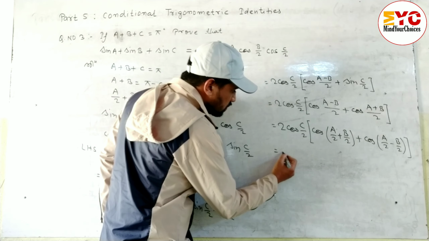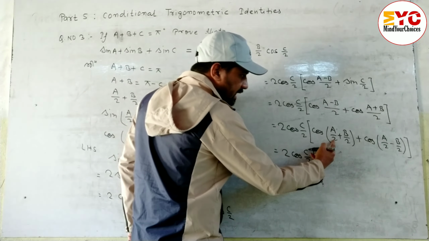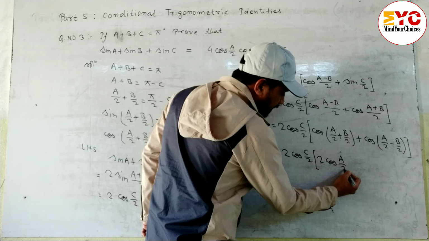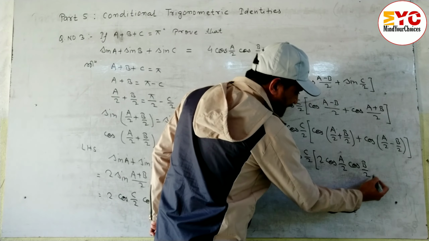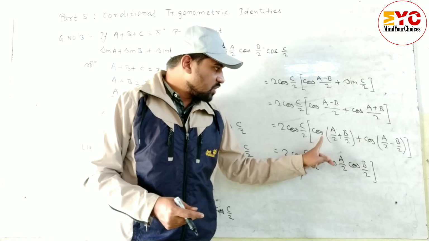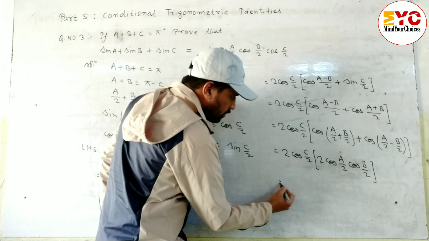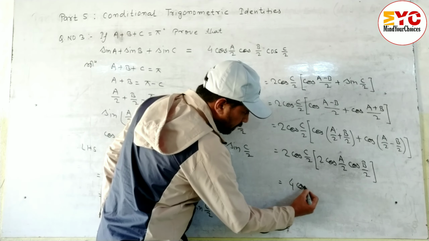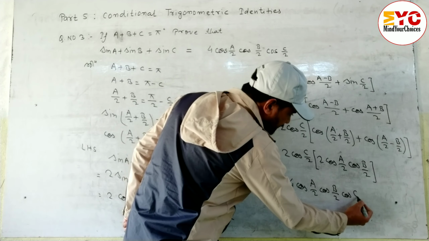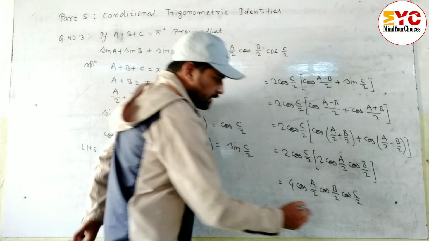Okay, I'm going to use that formula which I gave in part 4. Cos (a plus b) plus cos (a minus b). The formula is 2 cos a cos b. It's easy to use here. Now completed. If you learn the formula, it is over within one step, otherwise you have to use the cos c plus cos d formula and do 1-2 steps more. Now 2 into 2 is 4 cos a by 2 cos b by 2 cos c by 2. Hope you understand this. We had to prove cos a by 2 cos b by 2 cos c by 2, which is here. RHS proved.